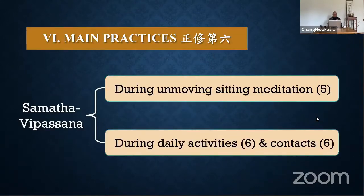In chapter 6, Master Zhiyi introduced the method of samatha vipassana in two parts. One is during sitting meditation, how to use it and how to overcome difficulties. In the other half, Master Zhiyi introduced how to practice samatha vipassana during daily activities and contacts. These are very important for modern people, and also these are the specialty of Tian Tai